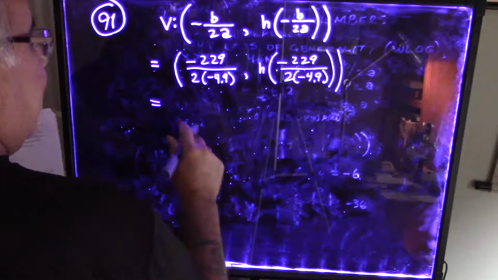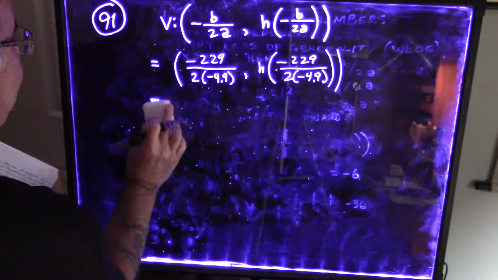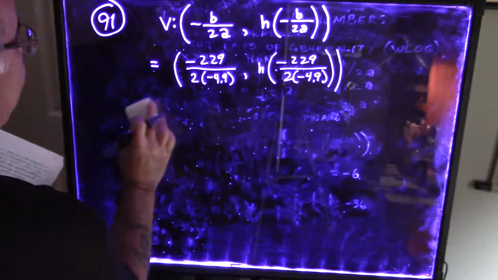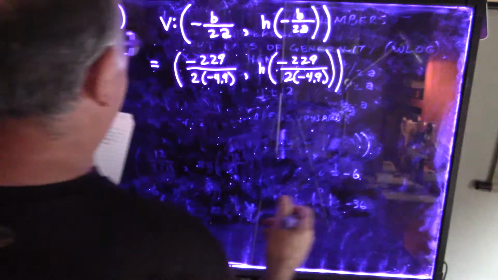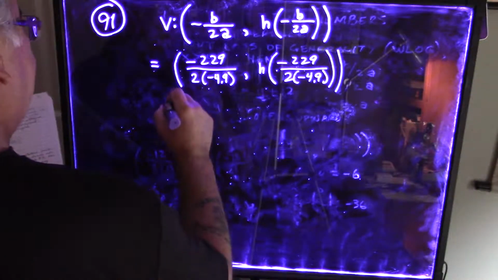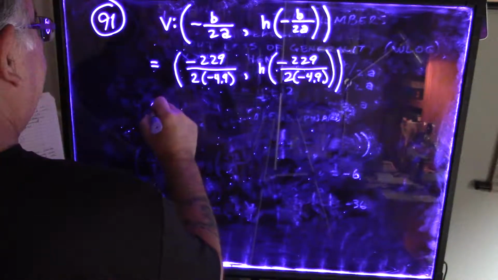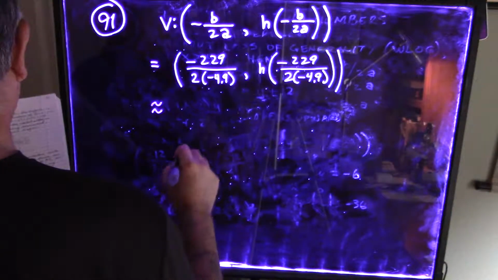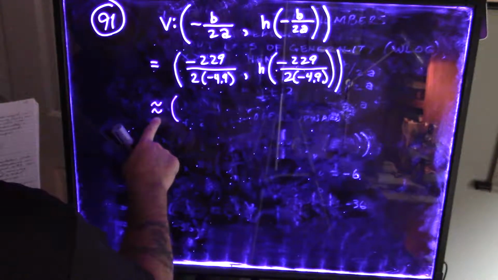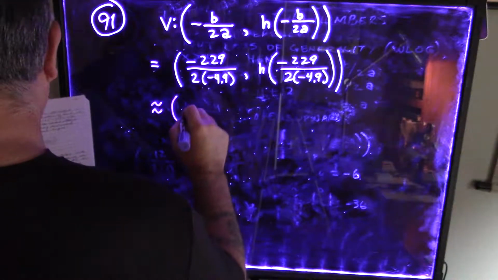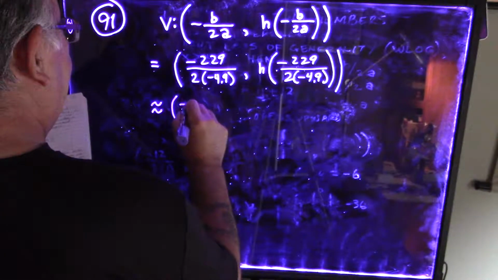Instead of equals, I did this on my calculator, as I'm sure most people will, and I need to round that off because it's a little bit too long to write. So I'll put approximately equal to 23.37,